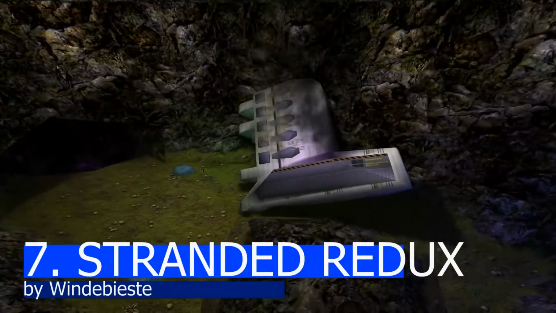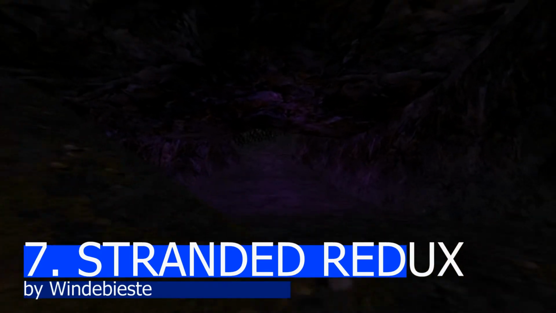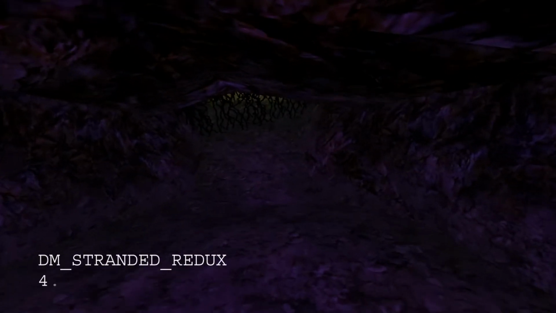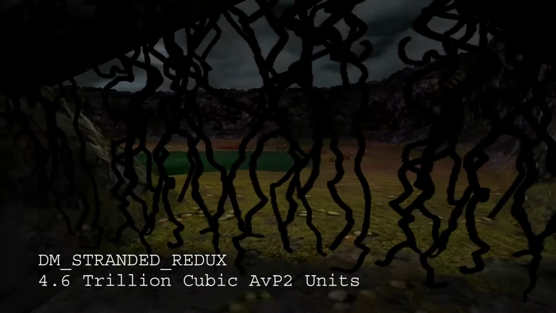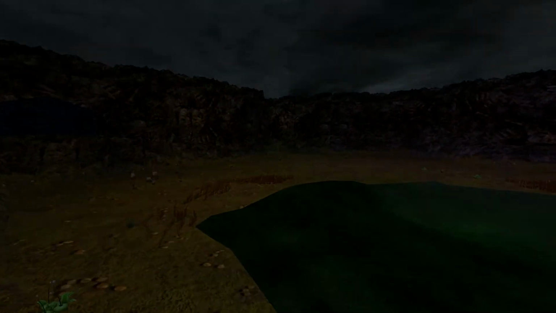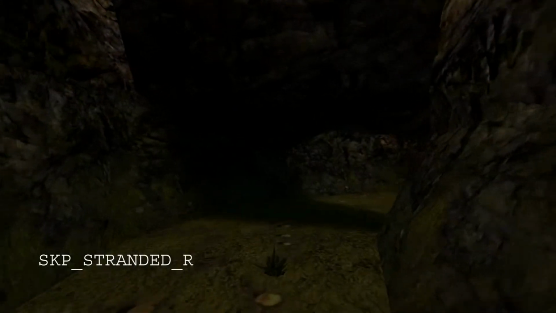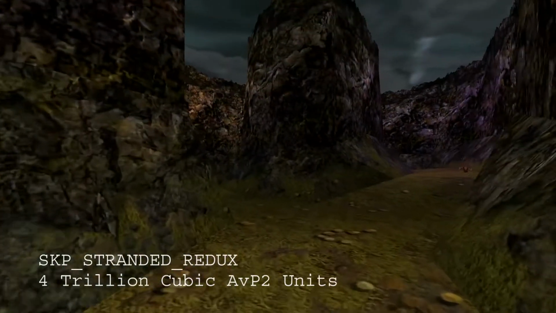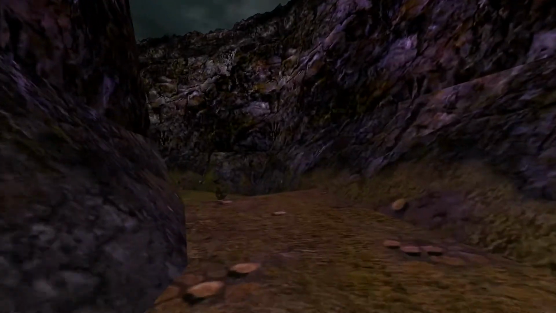Number 7. Stranded, Redux, by Windebieste. 0.6 trillion cubic AVP2 units. This is a faithful adaptation of the level Stranded from the first Aliens vs. Predator PC game. It is an early work of Windebieste, and he begins to show his mastery with neat detailing